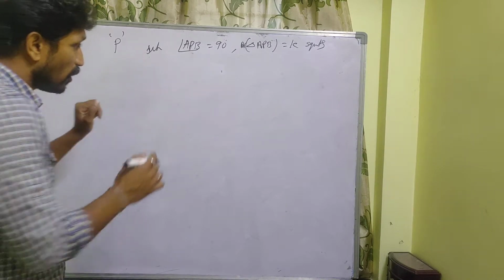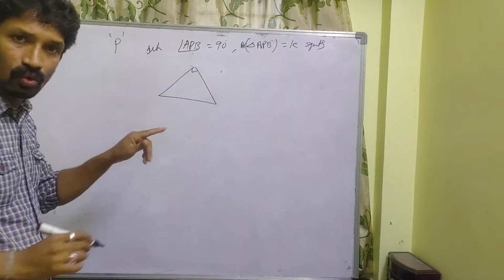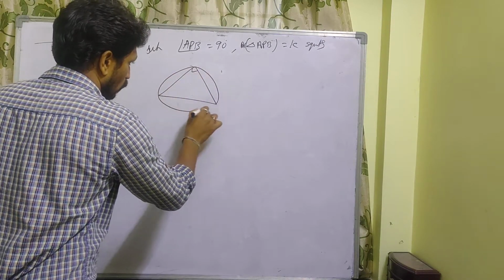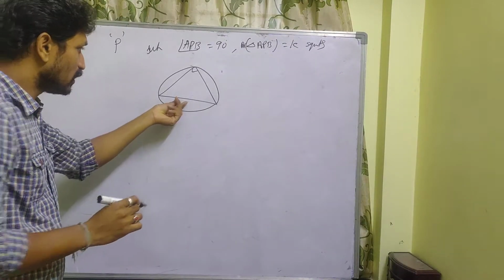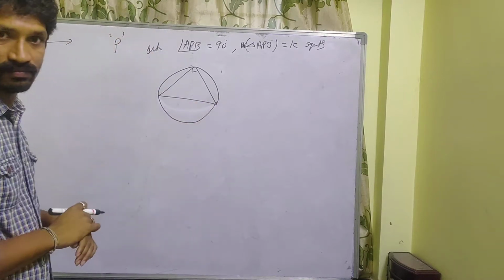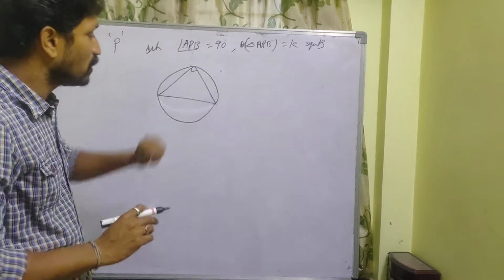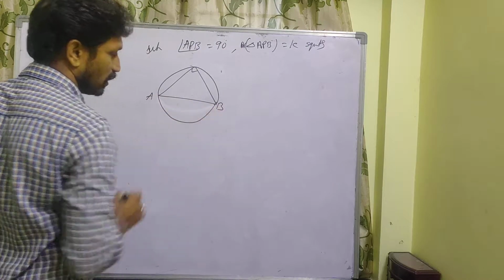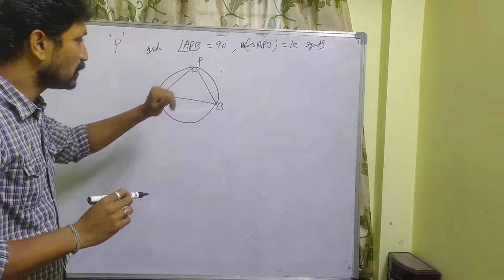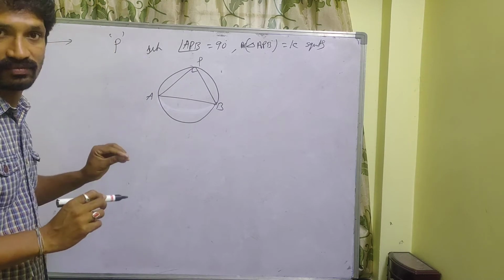That means through every right angle triangle, this is the 90 degrees. Through every right angle triangle, we can draw a circle, and this becomes the diameter of the circle. You just remember, based on this concept, angle APB equal to 90 degrees means maybe A and B are these 2 points. If you want to make P a point, how many such points can we take? That is the required answer.